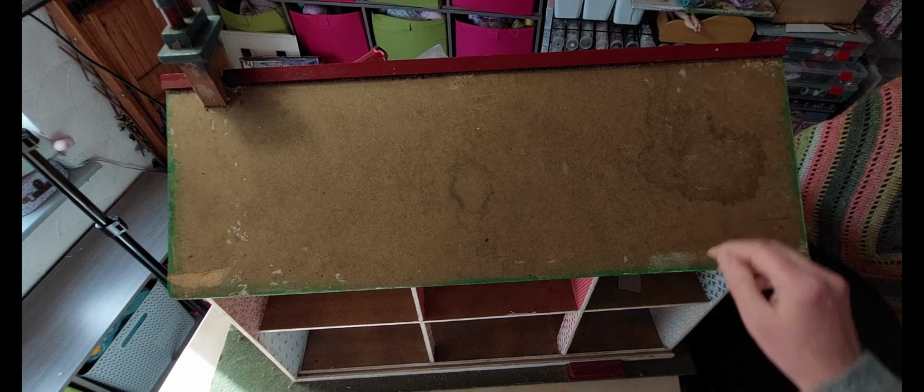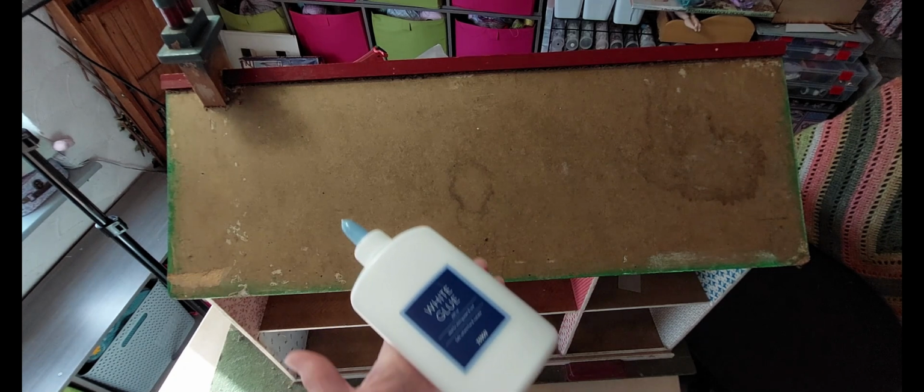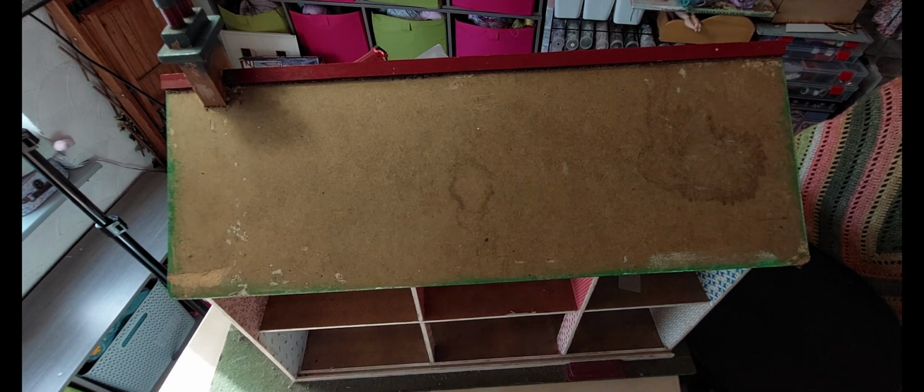It's dried out and the roof is still nice and solid. Now all I'm going to use is a basic PVA glue here. Now I'm going to take the lid off because I'm going to use a paintbrush to put it on rather than squeezing it on, because I like to put it on the tile rather than the